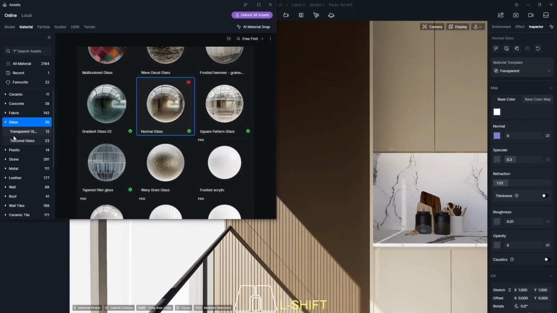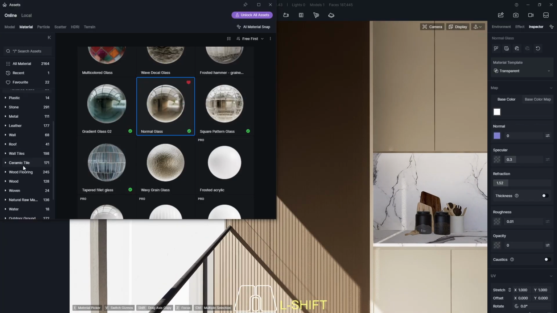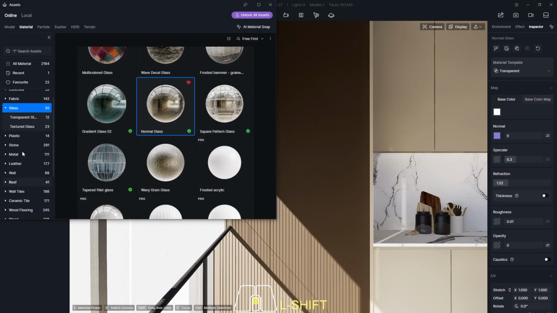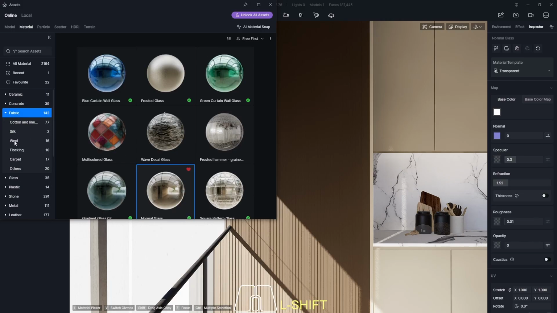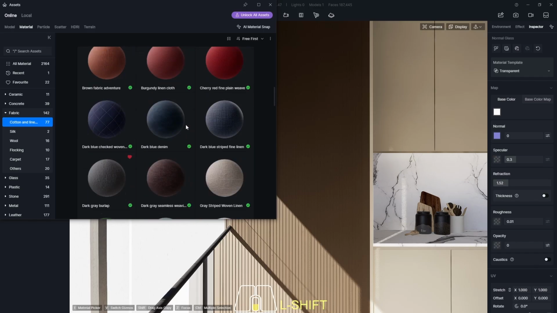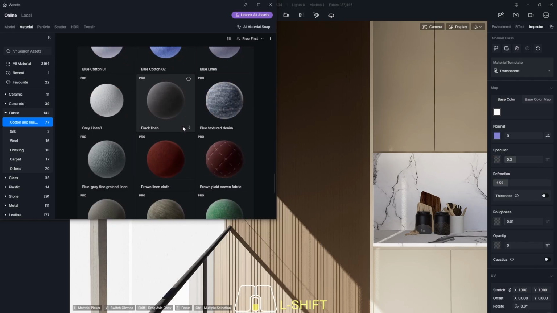I love to use white gauze curtain. So let's move to fabric and then cotton linen. Go down until you find